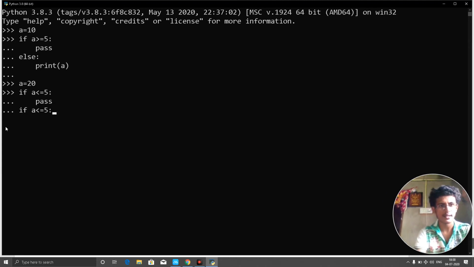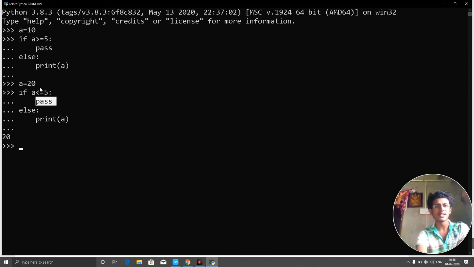Okay, else I have to print the value of a, and just maintain the space. That means the print a indentation, print a. Now you can see it is going to print the value of a, because it will not go to this statement, since a is not less than or equal to 5. a is equal to 20, so it will come to this else part and start executing.